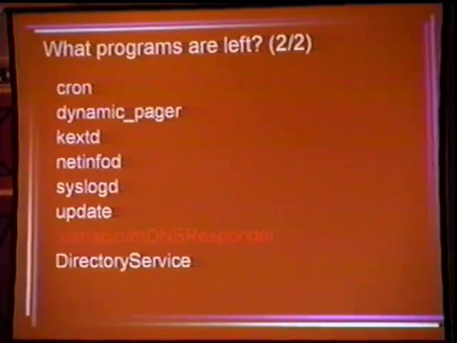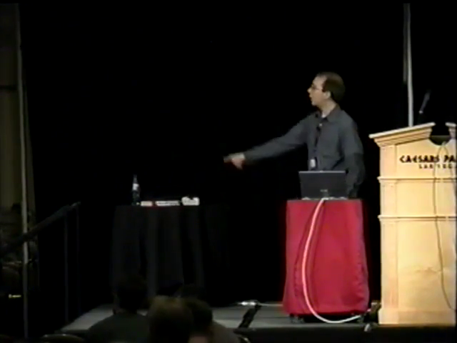If this is a personal system, you're not really worried about other users. If you've got other users on the box, you might disallow them from using cron. But in terms of turning off cron, that's generally a bad idea for your system. Okay, dynamic pager. Dynamic pager is important. You've got to keep that around for swapping, for paging out processes.